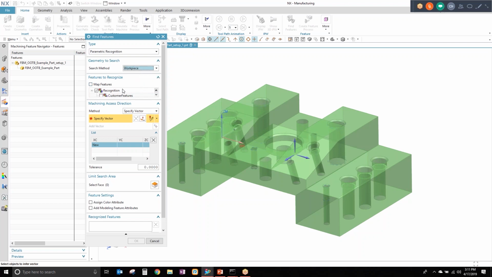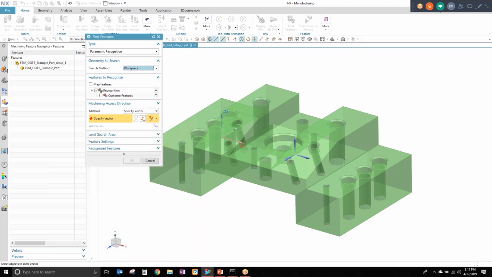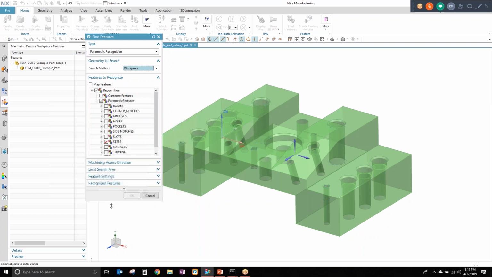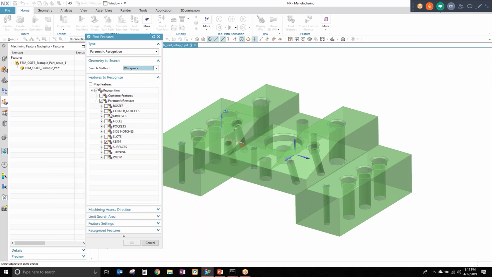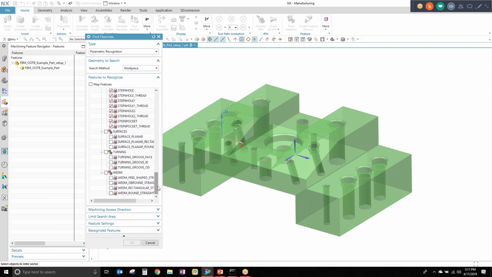Features to recognize. This is where you're going to select what feature type you want to recognize. It's a big dialog, so I'm going to make it bigger. In here, these are all the types out of the box that NX can recognize. There's bosses, corner notches, grooves, holes, pockets, side notches, slots, steps, and then we've got a couple turning and weld